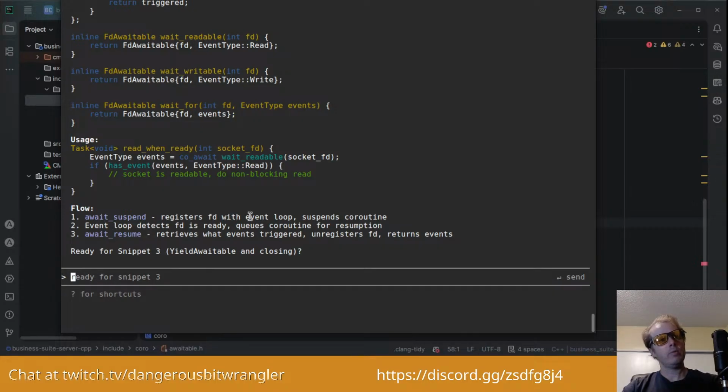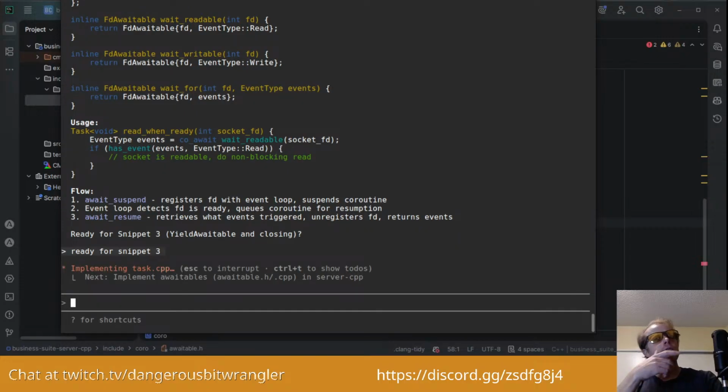And then await resume retrieves what events triggered, unregisters the file descriptor, returns events. That part I don't understand.